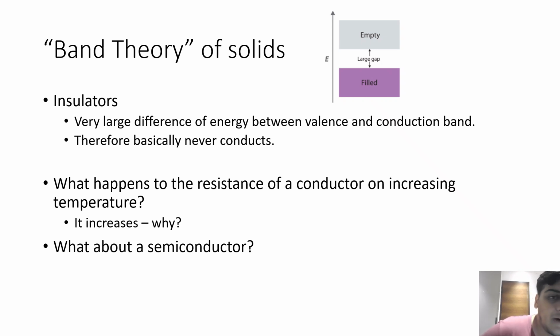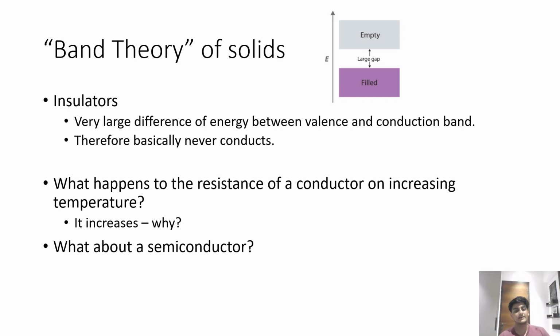So what happens because of this is that the insulator basically never conducts. Now I want to use this band theory to actually explain some non-trivial results, right? So firstly, in terms of what happens to the resistance of a conductor or a metal on increasing temperature, this is something we already know, right? It's something that we covered in 12th standard physics, which is that